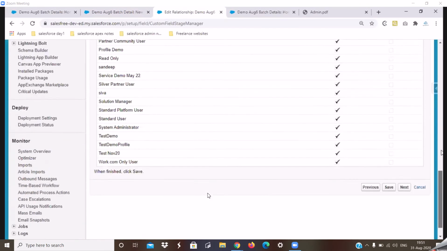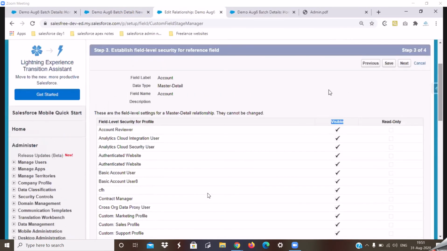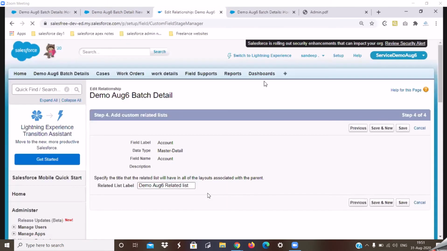The reason being, this field is a mandatory field on your child. That is why you're not allowed to uncheck this checkbox. All right. I'll click on next step. These all steps we have already seen. Just that we are revisiting for one reason that I'll be showing once I click on save.